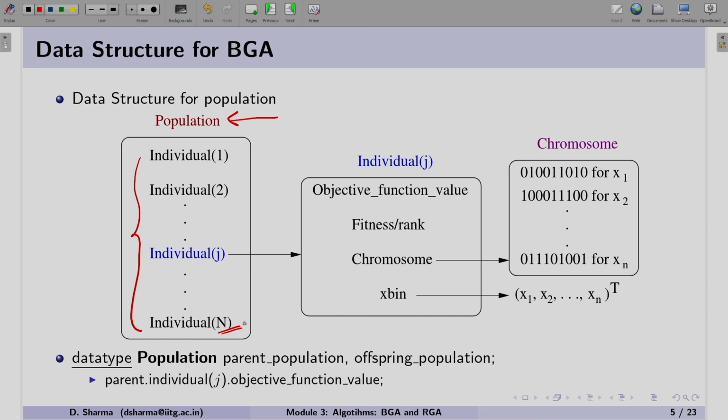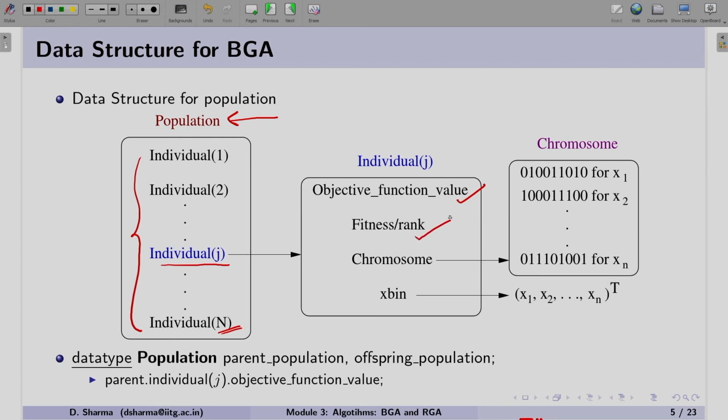Now as of now, we are referring to these individuals sometimes as solutions and sometimes as members. So inside a population, for real coded or binary coded GA, we may refer to them as individuals or sometimes solutions or sometimes members. So all of them will become the same. Now let us take a typical case of an individual J, because all individuals will remain the same. So this individual should save the value of the objective function which we generally calculate, and if there is any specific fitness or rank assignment, that also we should save.